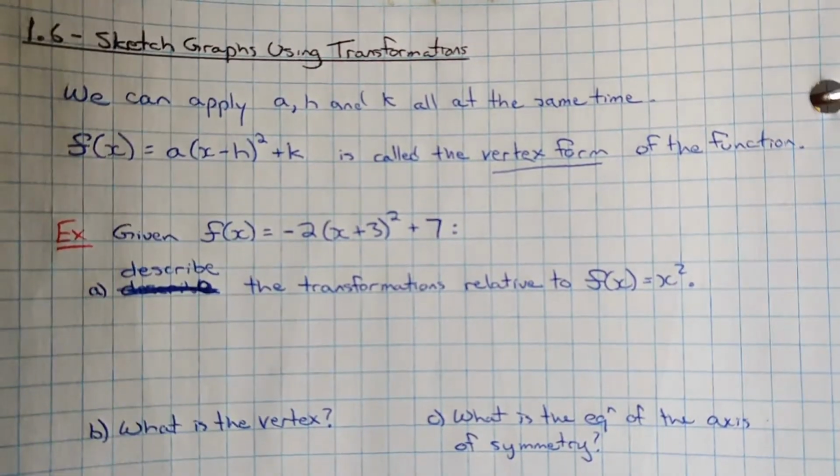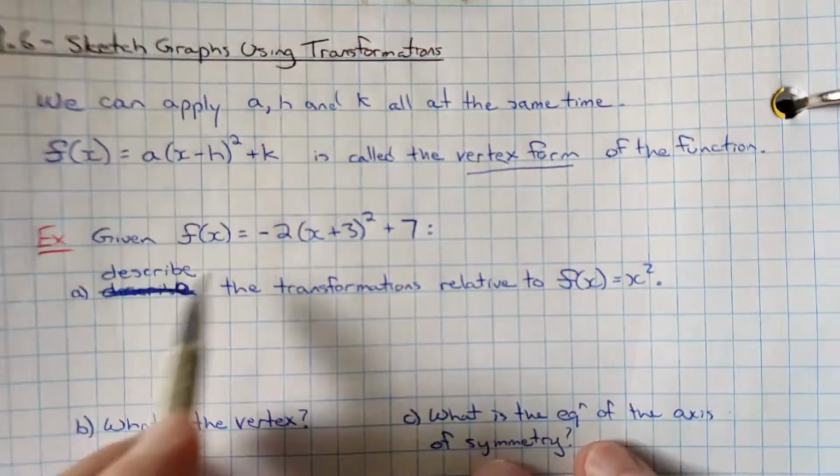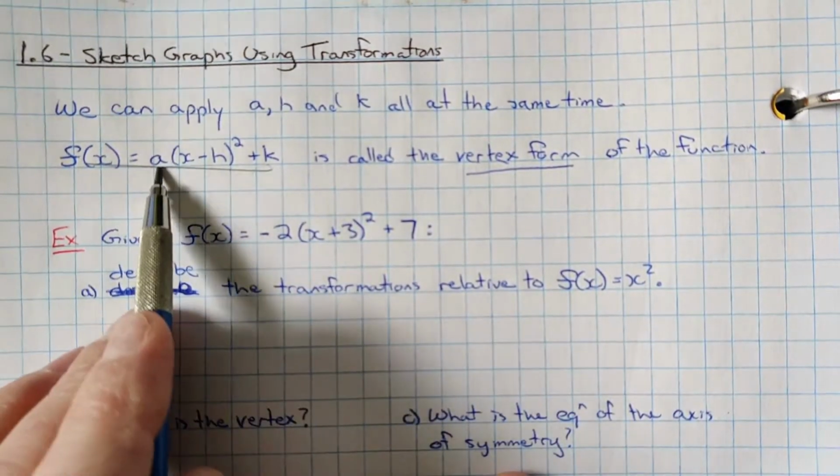So we've looked at working with A and then H and K to do some transformations. We were flipping the graph, stretching, compressing the graph, shifting it left, right, up, down. These can all be combined into what is called the vertex form of the quadratic function, which is right here: A, H,